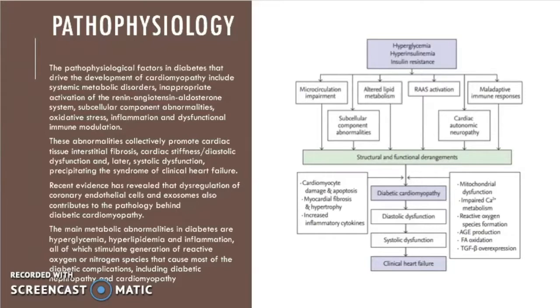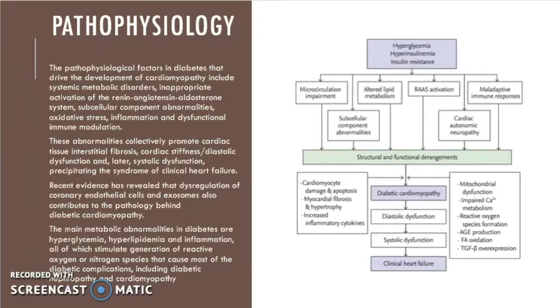These abnormalities collectively promote cardiac tissue interstitial fibrosis, cardiac stiffness, diastolic dysfunction, and later systolic dysfunction, precipitating the syndrome of cardiac heart failure. Recent evidence has revealed that dysregulation of coronary endothelial cells and exosomes also contribute to the pathology